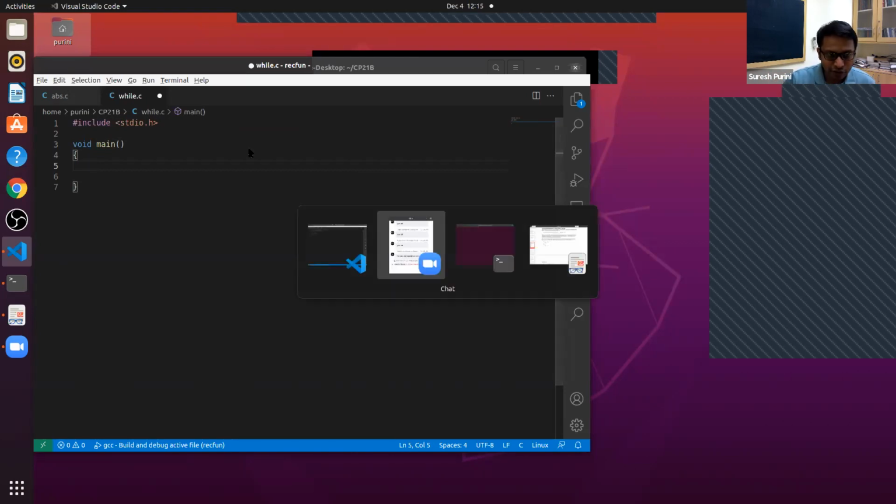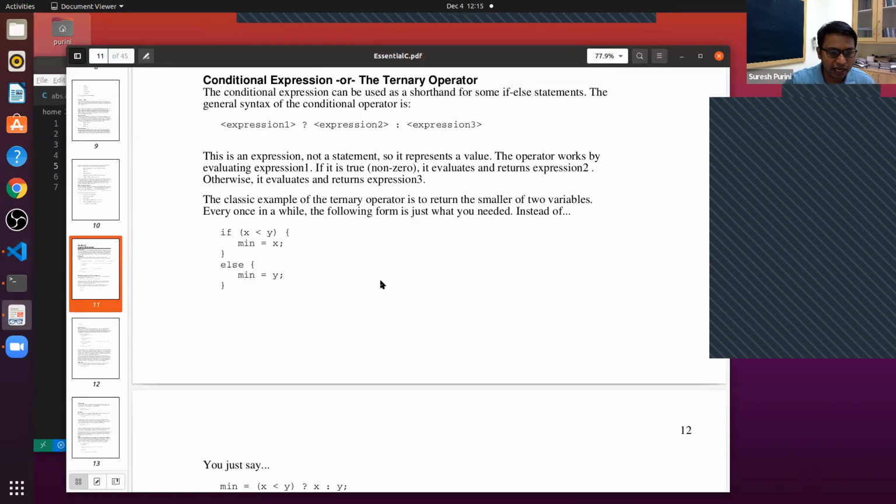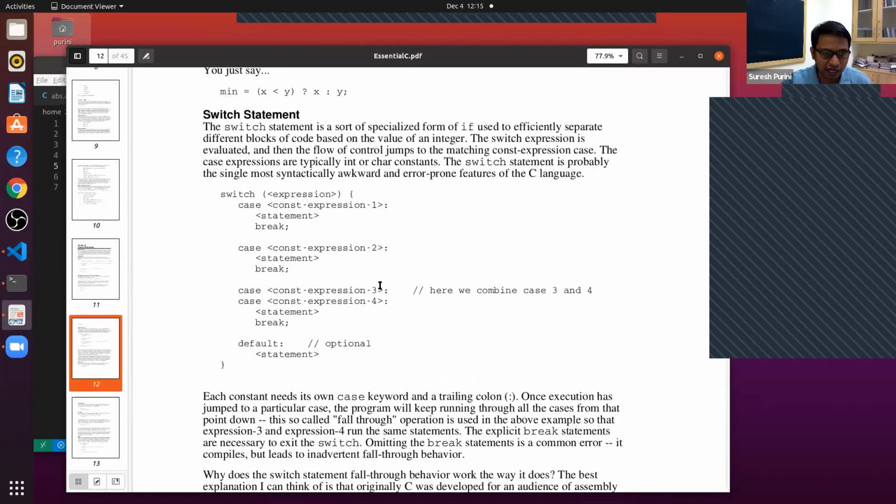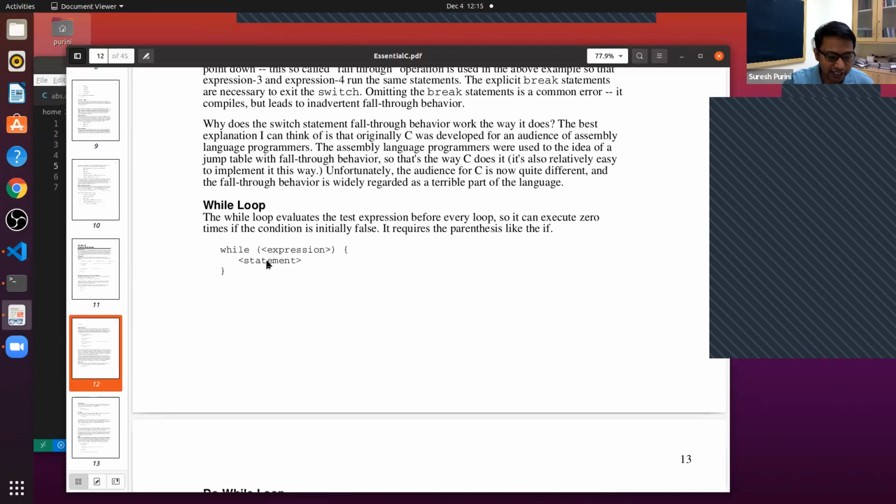And the syntax for the while statement is as follows. While statement is a control statement, and you can see this statement here. Just focus. When the control hits here, this expression is a Boolean expression. It will be evaluated, and if it turns out to be true, then we execute the statement. After we execute the statement, we come to the beginning of the while statement again.